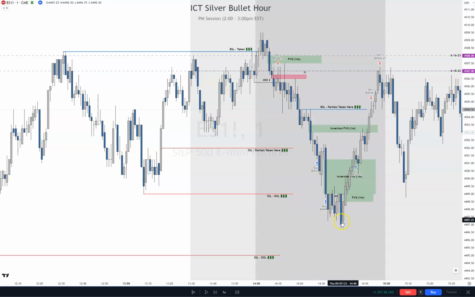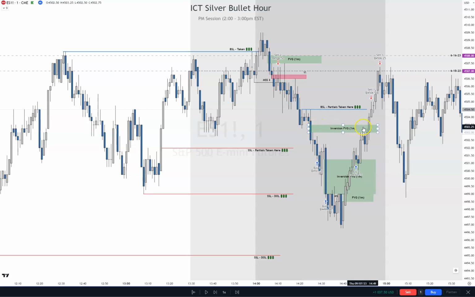Then we saw that we had a market structure shift to go long, and we saw that there was an inversion fair value gap, and when it came back into it, we took a trade. We were aiming for the new week opening gap, which is kind of like a magnet, draws price back up to it. So we took our trade,